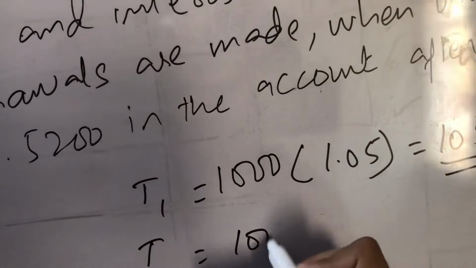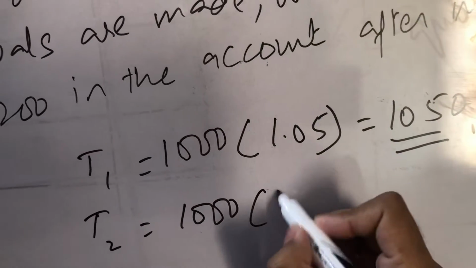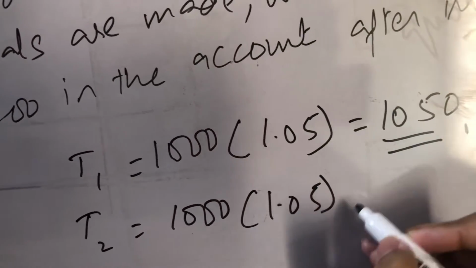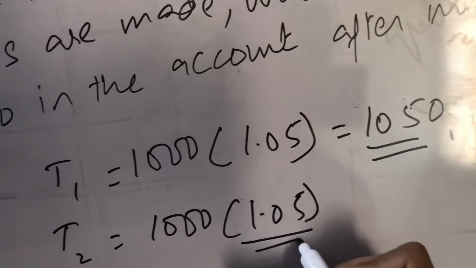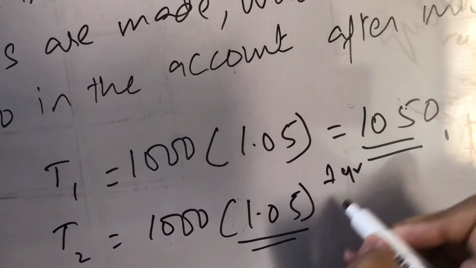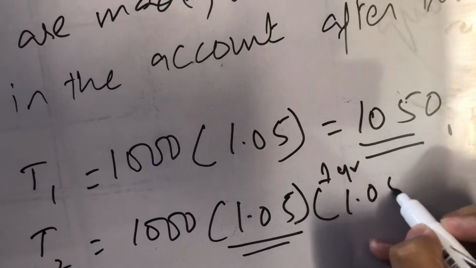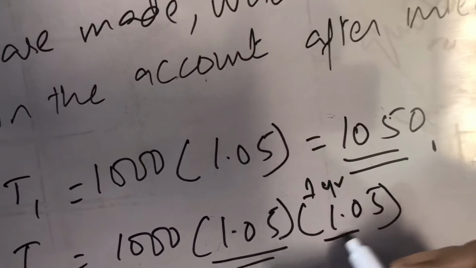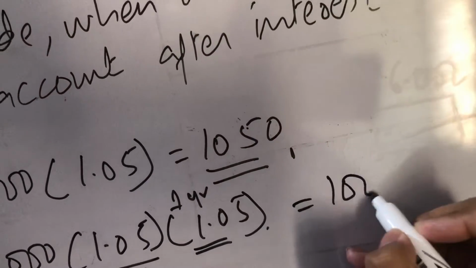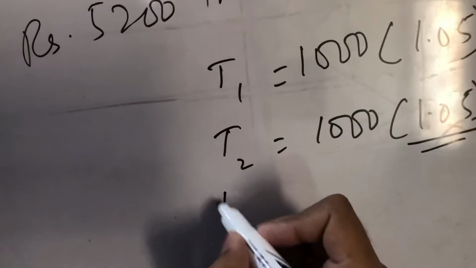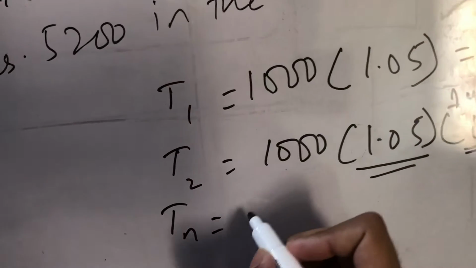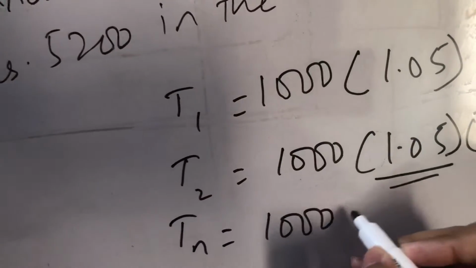T2 would be 1000 multiplied by 1.05, the accumulated amount after 1 year. What will be the value after the second year? Multiplying it with another 1.05. So it means that the value would be 1000 multiplied by 1.05 power 2. So if I look at Tn, that is the final value, it would be 1000 multiplied